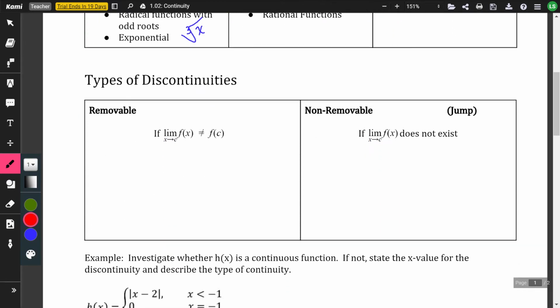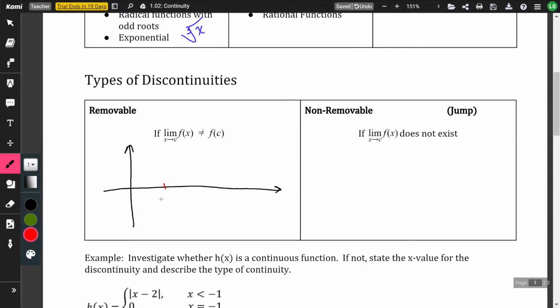So when it comes to the types of discontinuities, if we are going to be discontinuous, we have two different types of categories: a removable discontinuity and a non-removable discontinuity. A removable discontinuity is going to happen as long as your limit exists, but the limit does not match up with the point. So an example of what this might look like,